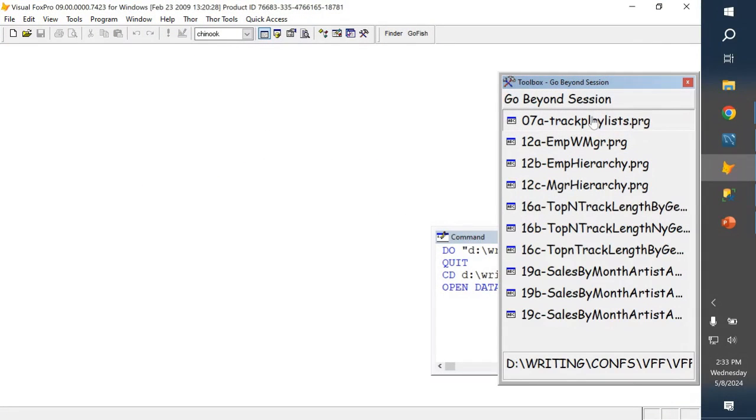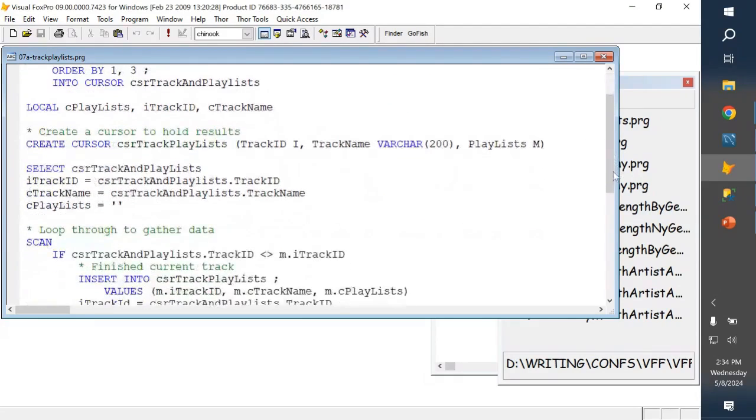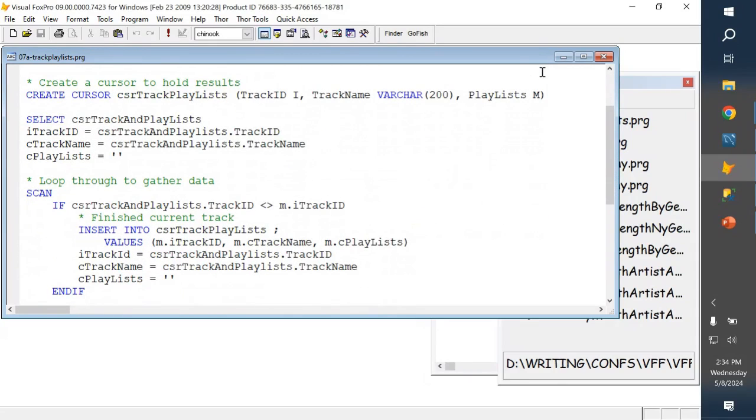So here's the example. We run a query where we pull the name and ID of the track and the name of the playlist. So we get all of them. We're going to have one record for each combination of track and playlist. And then we create a cursor to hold the results. And we start at the top of the cursor we already created, the one from the query. We grab the ID of this track and its name,